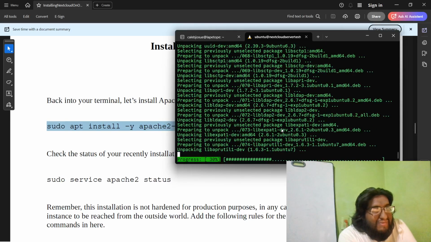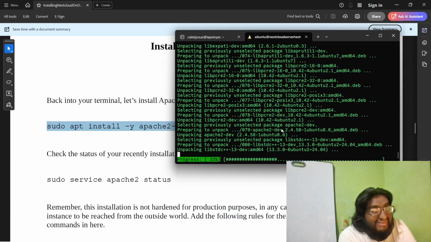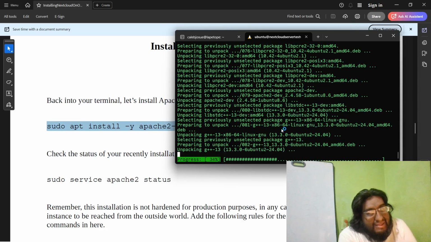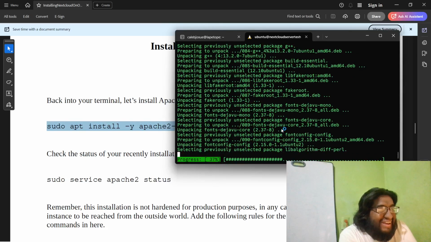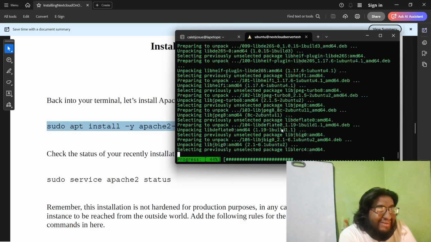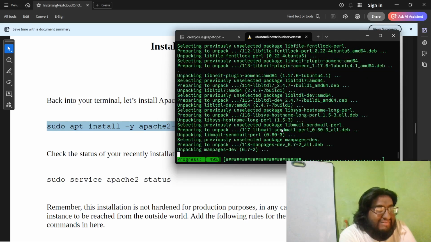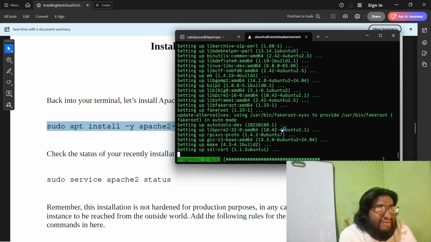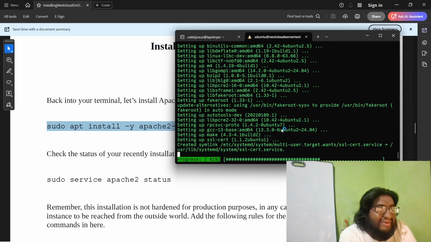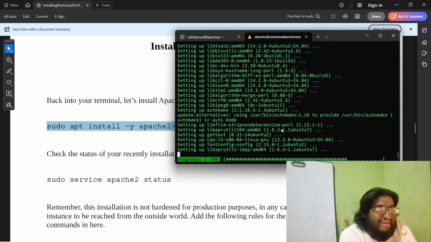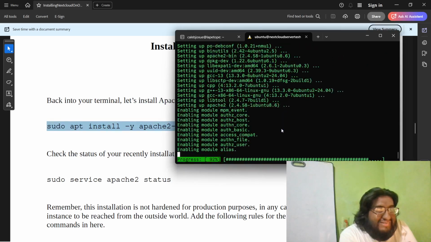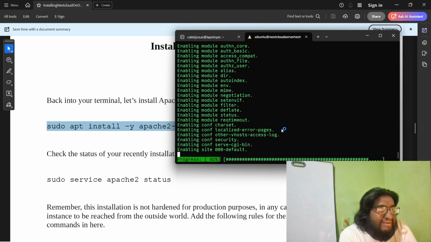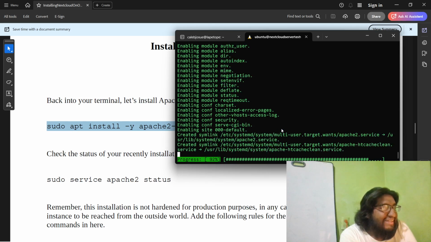But that will not portray the real thing that you will get from a compute instance. So instead, I'm going to be talking to you while this thing gets done. So, right, look at this. Some modules are being installed, enabled, and some other configurations are being enabled,